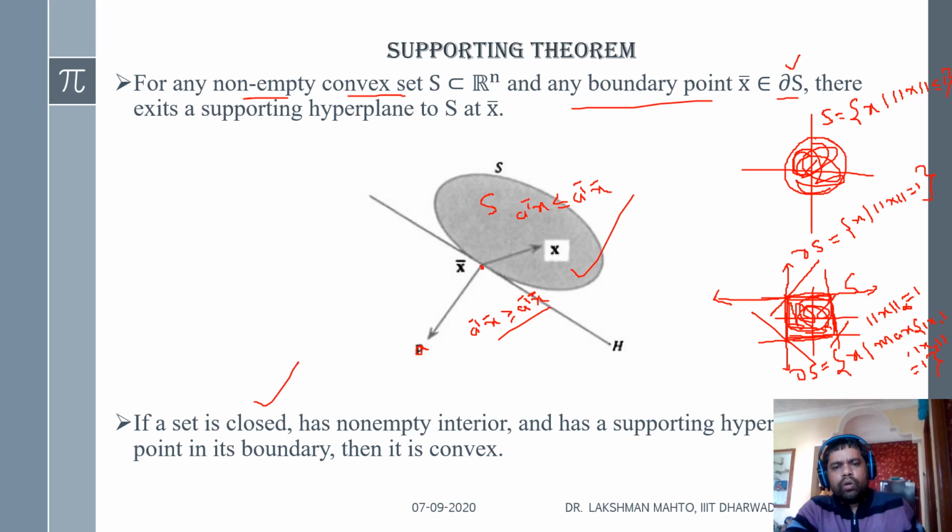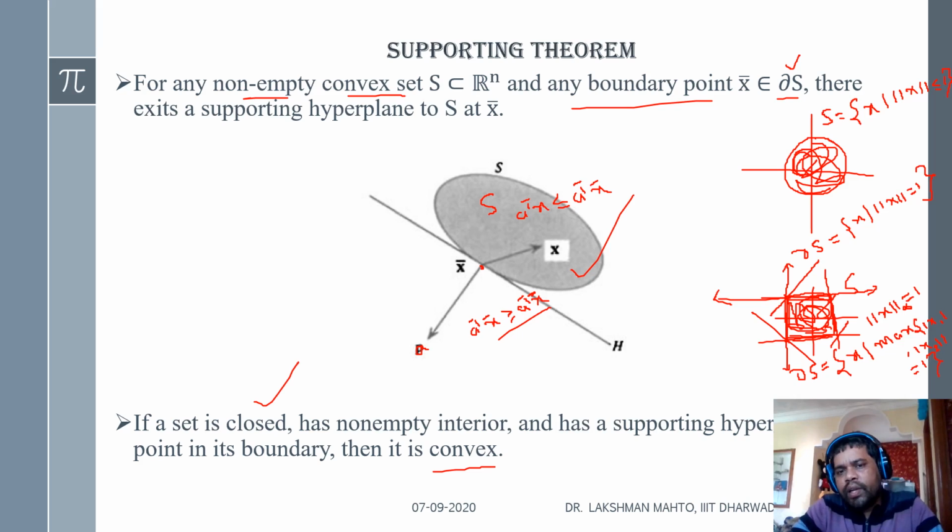So it means if you have a set and you don't know whether that set is a closed convex set or not, but you know that the set is a closed set, and at every point it has a unique supporting hyperplane, then you can claim that the given set is a convex set. So with the help of supporting hyperplanes, you can justify that a given closed set is a convex set, just by having an idea of the supporting hyperplane at every point of the boundary of that closed set. Then you can claim that that set would be a convex set. So it is the definition of convexity of a set from a dual perspective.